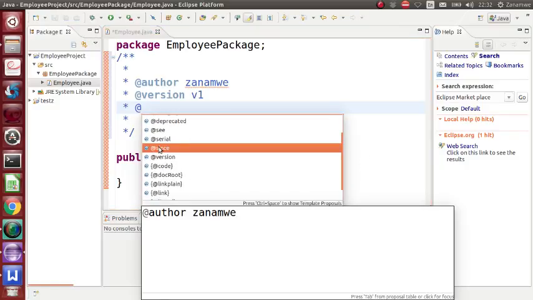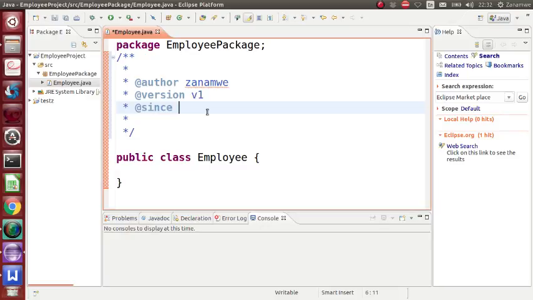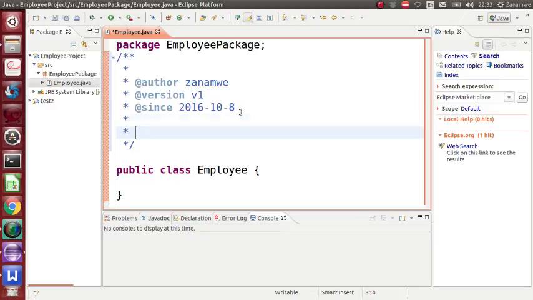Right, then the date, maybe 2016 10 8. Right, then maybe after that you might need to add a description, maybe this program or this class